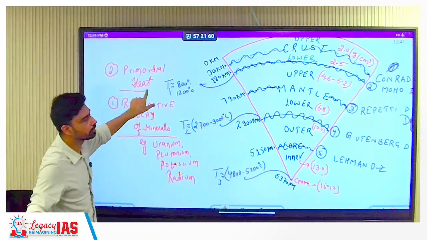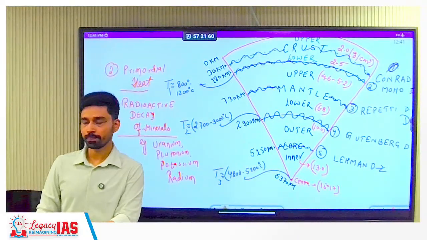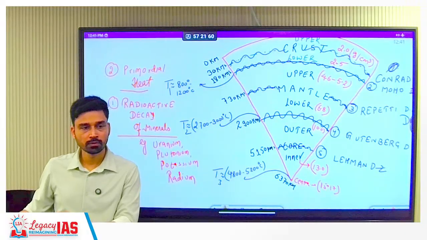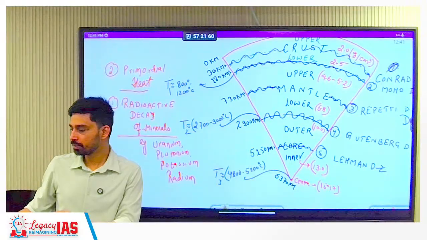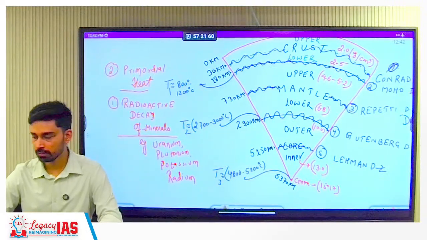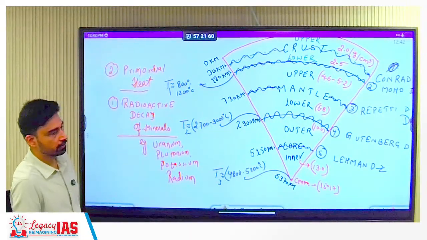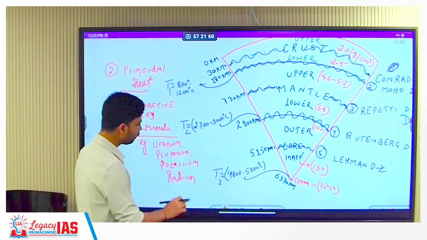So that is referred as what? Primordial heat. So we can write in single line that it is the heat present in Earth since its origin. It is the heat present in Earth since its origin. So these are the two sources that heat up the entire interior of the Earth, and those are the sources. And then we find one more